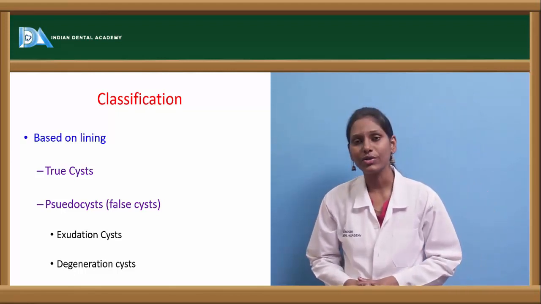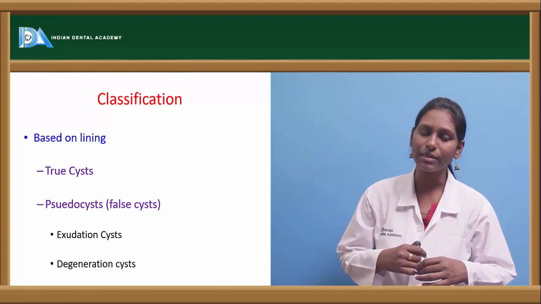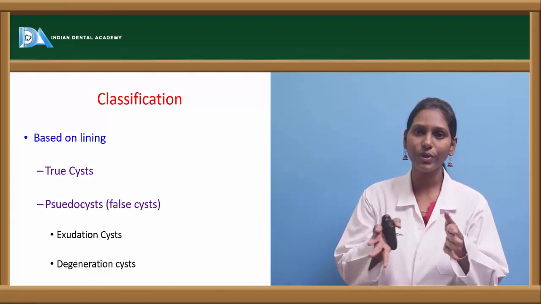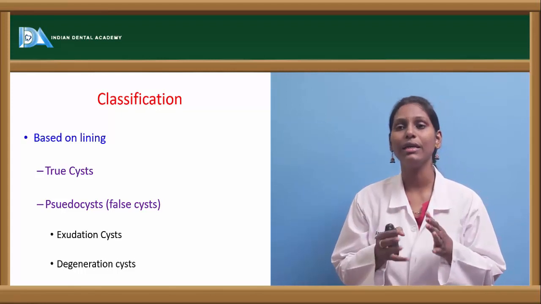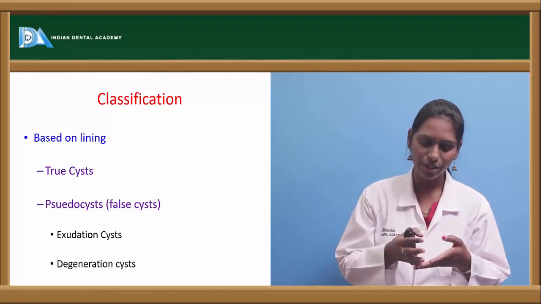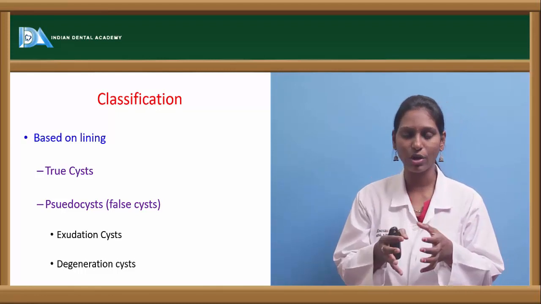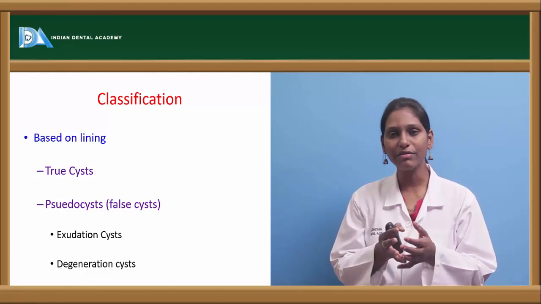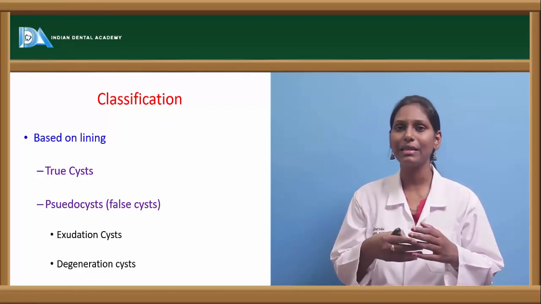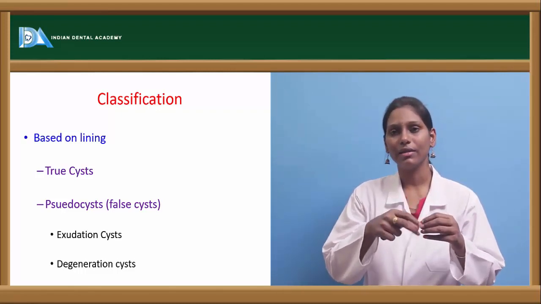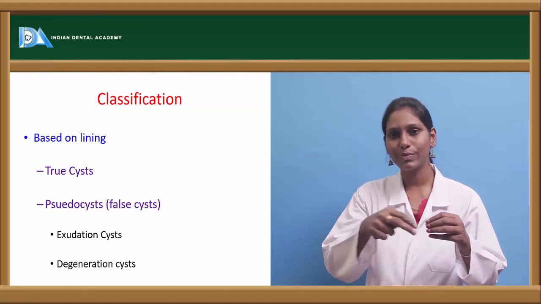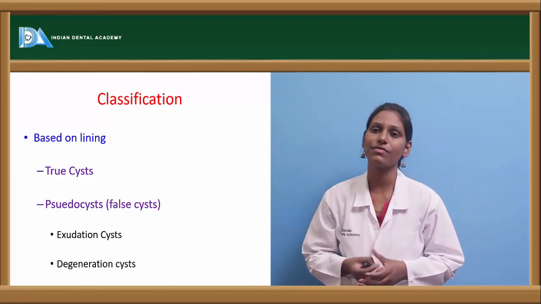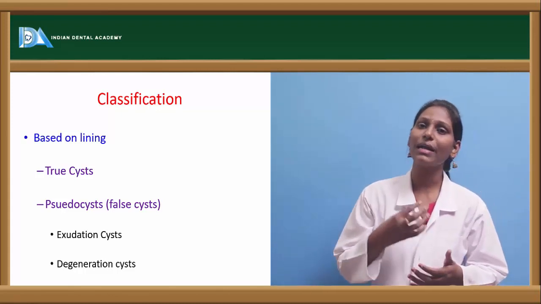Exudation cysts are fluid which has moved into your anatomical spaces. It is probably because of a blockage, or a collection of fluid within the anatomical spaces, and this appears like a fluid filled sac. However, it is not lined by any epithelial layer. It is just fluid that has leaked into your tissue spaces. So it can be like a pseudopancreatic cyst, which is an example of an exudation cyst, and in the oral cavity